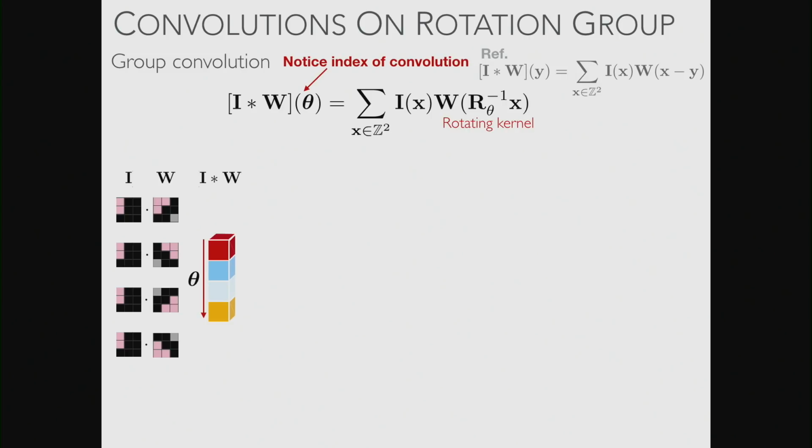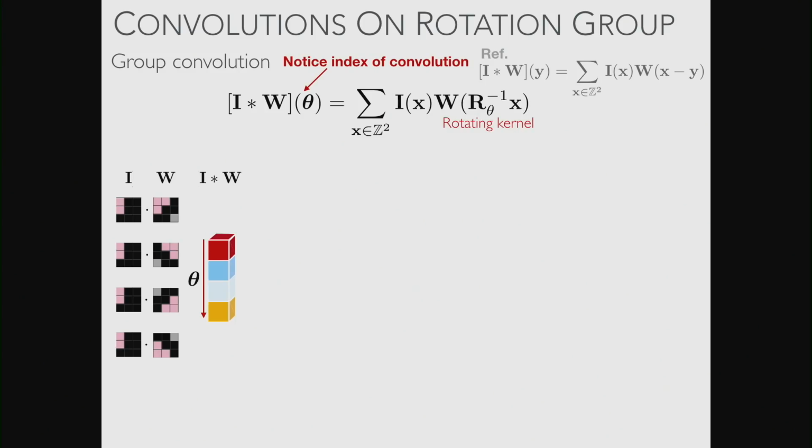What I take is my image, and I've repeated the image down here on the left. Then I take my kernel and rotate it by 90 degrees, 90 degrees again, 90 degrees again. 90-degree rotations are just a very simple example. It works really nicely on a square lattice as well, on a grid.